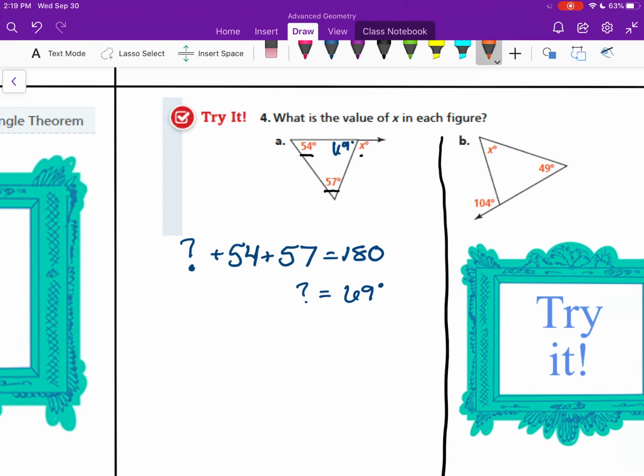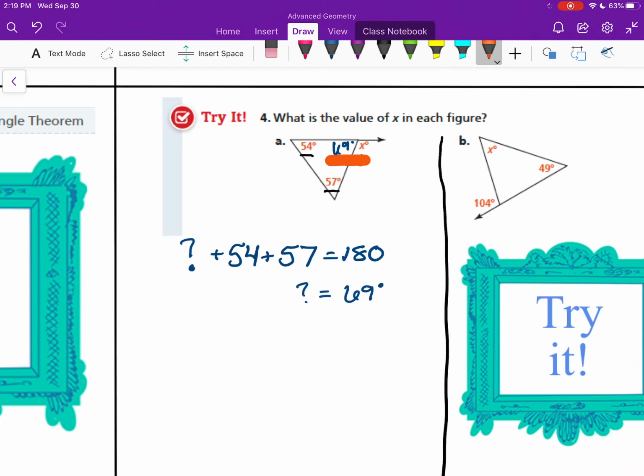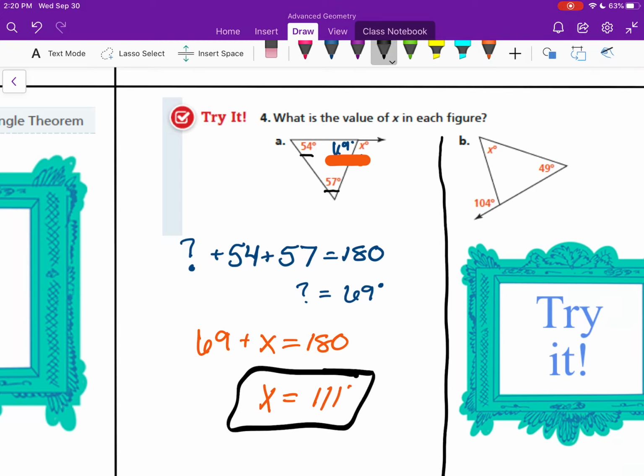Do you guys see how we can find this angle from here? What do those 2 angles need to add to be, since they are formed on a straight line? They have to add to be 180 degrees. So now we know that 69 plus x should equal 180. So if we subtract that 69, x actually equals 111 degrees. And that's how I can find my answer. So we used what we know about the measures inside a triangle to help us find that exterior angle,